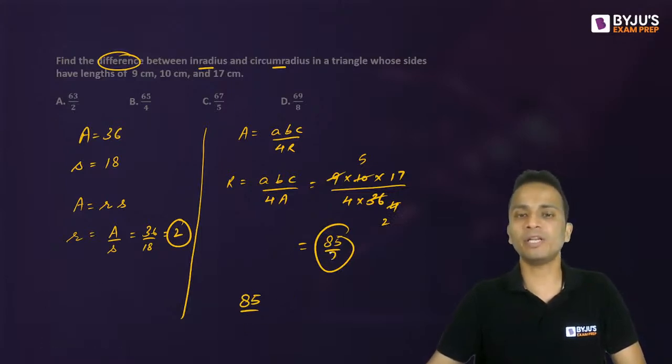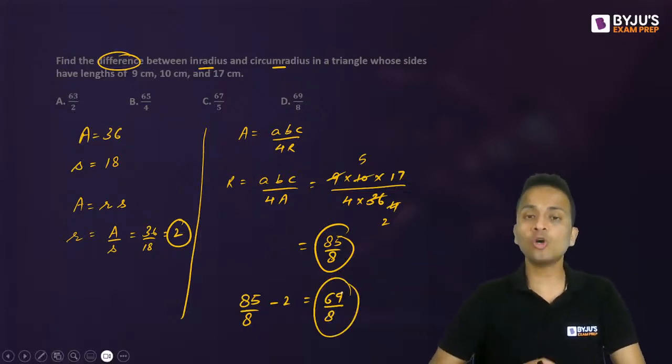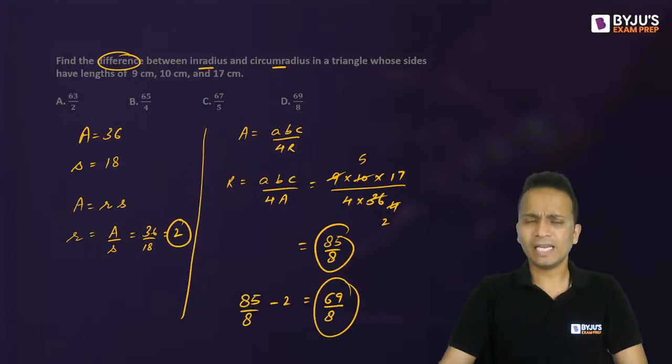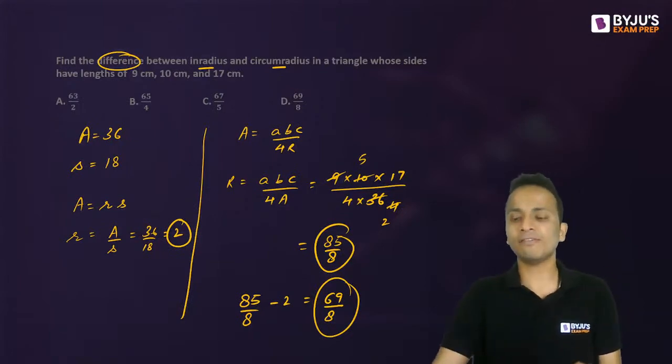So 85 upon 8 minus 2 will be equal to 69 upon 8. So 69 upon 8, Mayank has given a correct answer. Good, Mayank. Okay. Now guys, अब ये चीज समझो, इतना लंबा क्वेश्चन नहीं आएगा, but using this question, I have